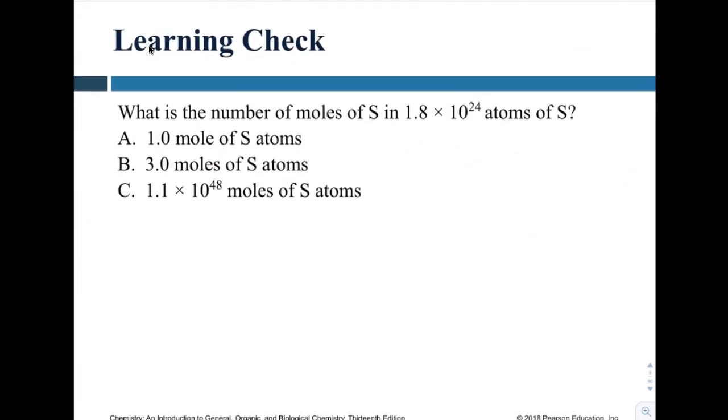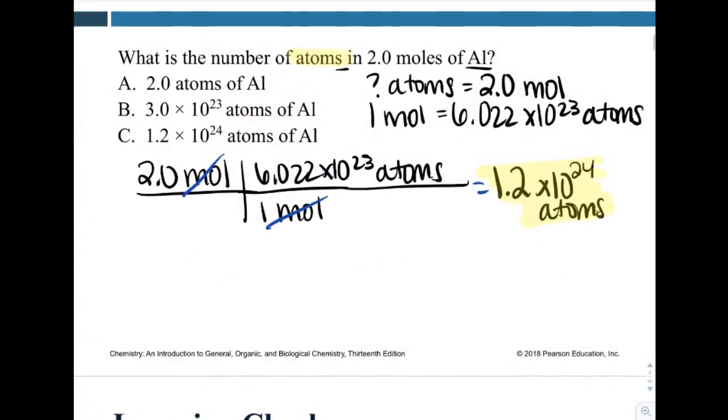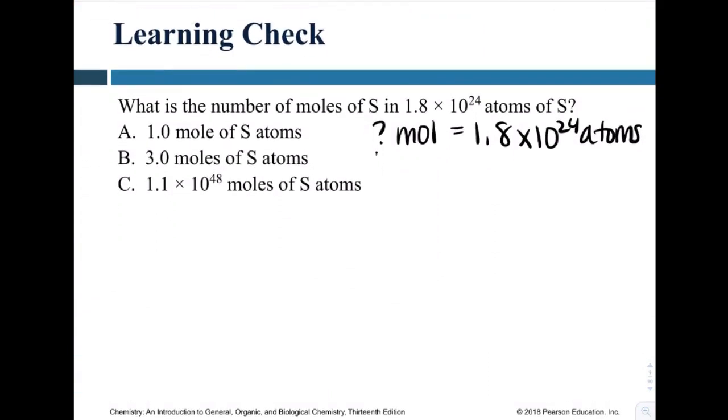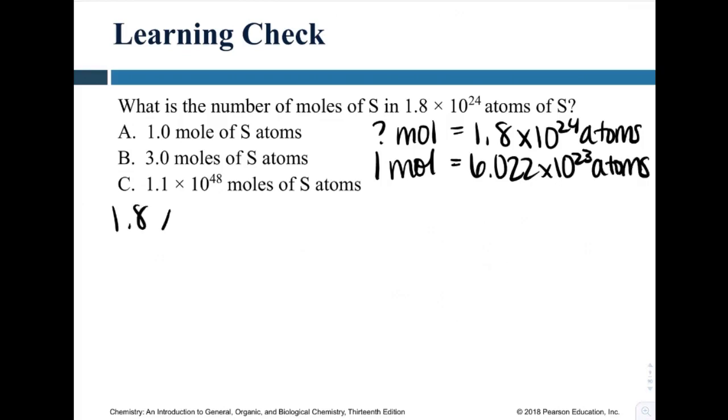So if you want to, go ahead and pause and try again. If not, you're welcome to kind of continue on. If you did pause and you want to work through this, we want to know how many moles are in 1.8 times 10 to the 24 atoms. Oh wait, so for this one we had an answer and it was option C, sorry. This is again another multiple choice. I know that 1 mole is equal to 6.022 times 10 to the 23 things, and the thing we're talking about here is atoms. And so if I'm starting with 1.8 times 10 to the 24 atoms,